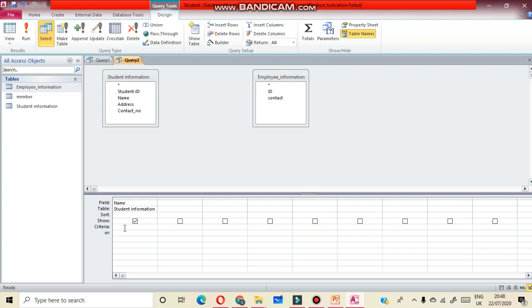First, using text criteria. While using criteria, you can specify a text string as a criterion. It can contain multiple words including punctuation and spacing, but you must enclose it in quotation marks. For example, you can use the query to find out the list of members who are paying by credit card.